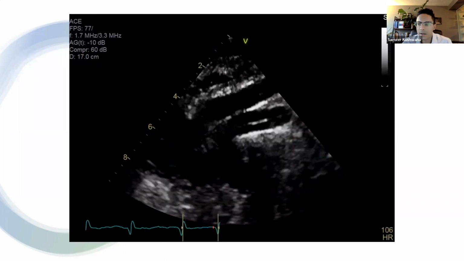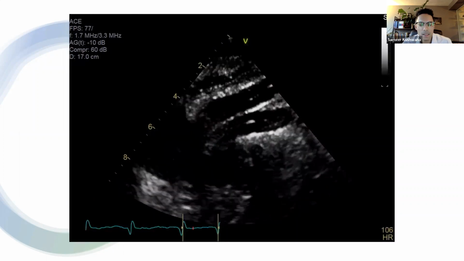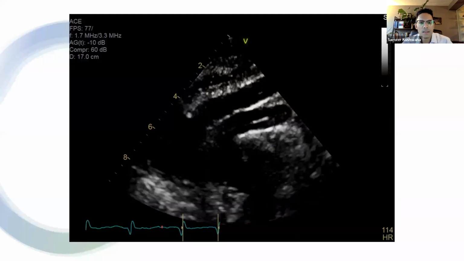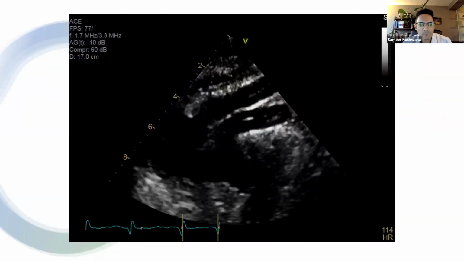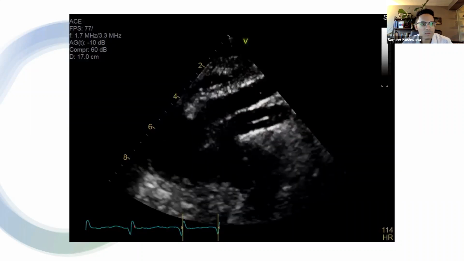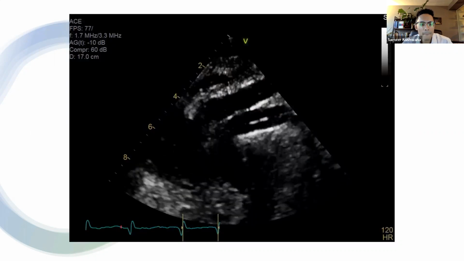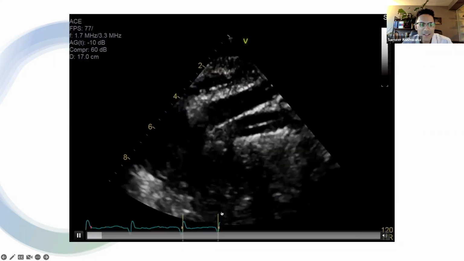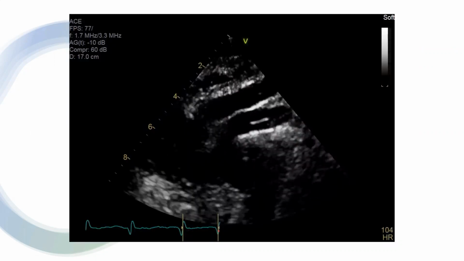Okay, so this is our next case. I don't know if any of the cardiology residents want to take a stab at it. And if not, I will talk in 10 seconds. Okay, I'll just go over it. So this one came into the lab earlier this week, actually. I can do it. I can do it.